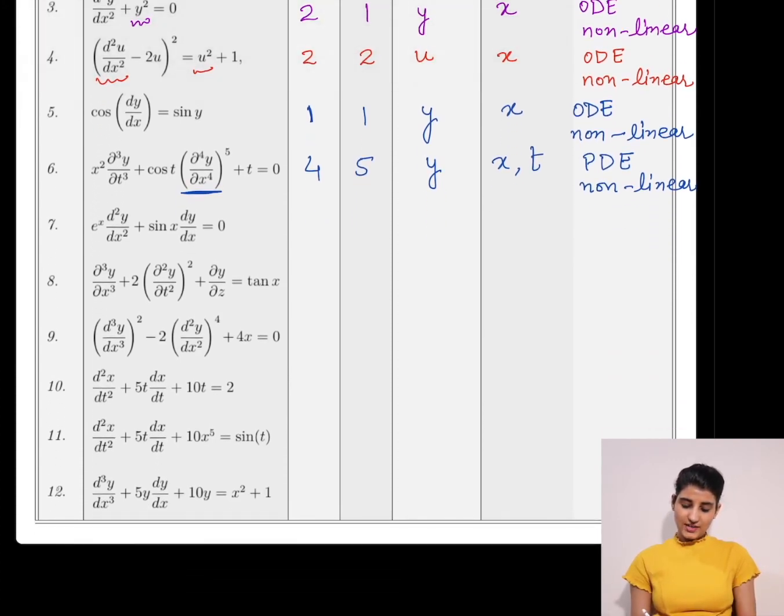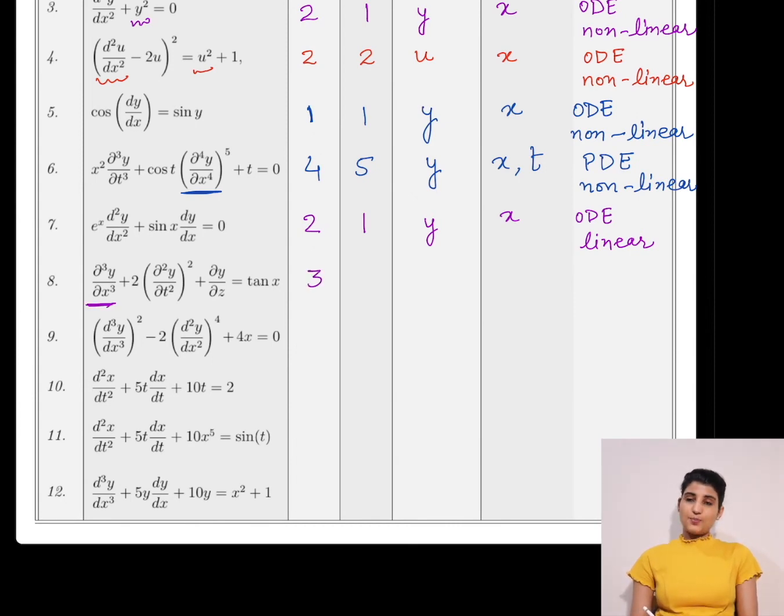Let's check other quickly. Order is 2 because second derivative, degree is 1, exponent is 1, dependent variable is y, independent variable is x, only one independent variable, so ODE, degree, okay, linear. This equation is linear because we don't have any power of dependent or its derivative. We don't have any dependent variable or its derivative multiplied together, and we don't have any function of dependent variable,